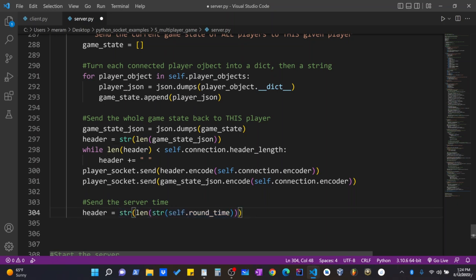I think we have to do that. Maybe we don't. I know this works. I think that is the thought process, right? If this is an integer, in order to call length, we've got to cast it to a string. When we call length, we get an integer, but we want it to be a string. Okay, so now that it's a string, we'll say while length of our header is less than